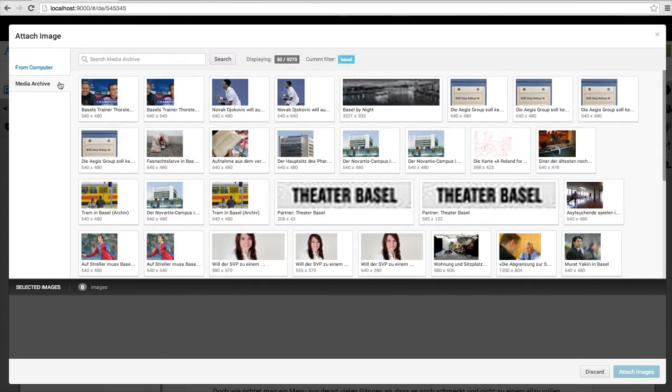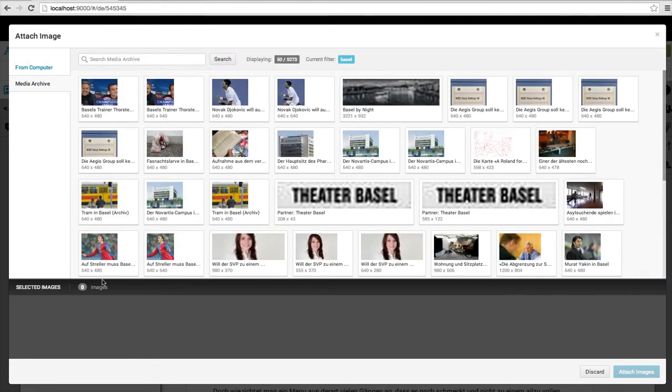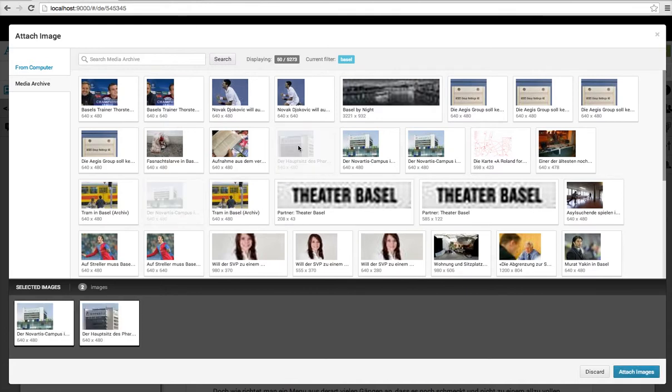You have here a pop-up coming up where you have access to either the media archive or you can upload images directly from your computer. Let me show you how that works. You see below the basket to collect all the images. If I'm clicking here on the selection that I have here, that will immediately appear in the basket. And so I can collect many images